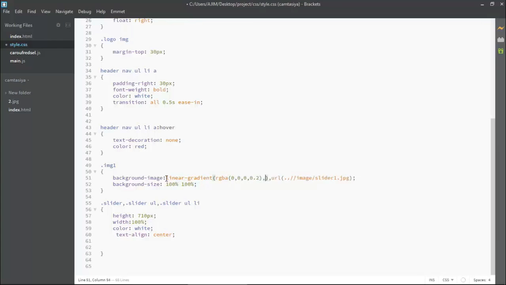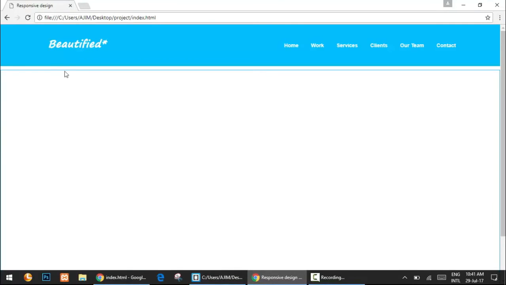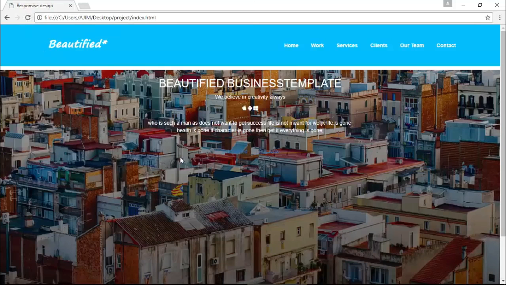Now I'm coming here and again putting different values, something like the previous one, 0.7. Now let me save it and show you how we are getting there. So I'm coming back to the browser and refreshing it. Yep, you can see we got nice opacity over the image and it is looking cool, isn't it?